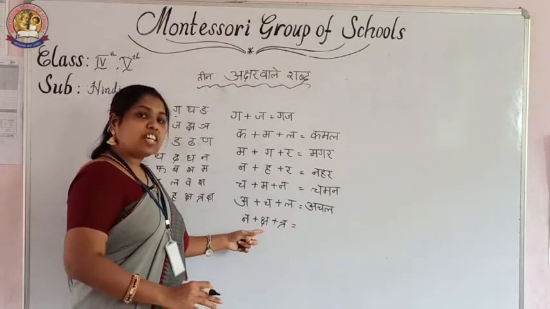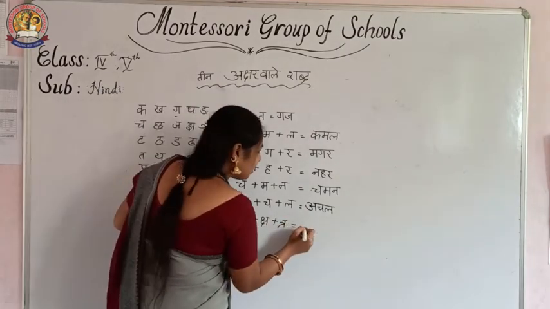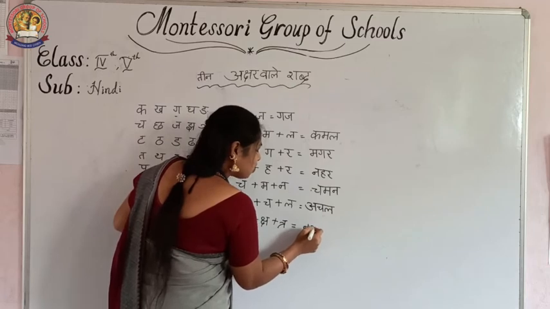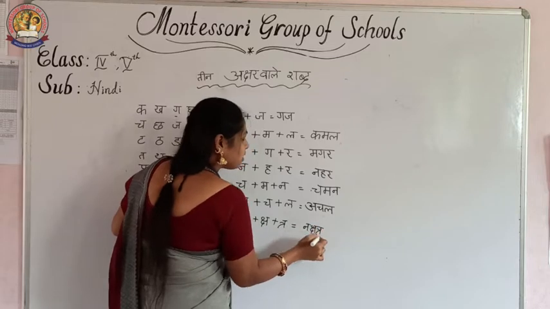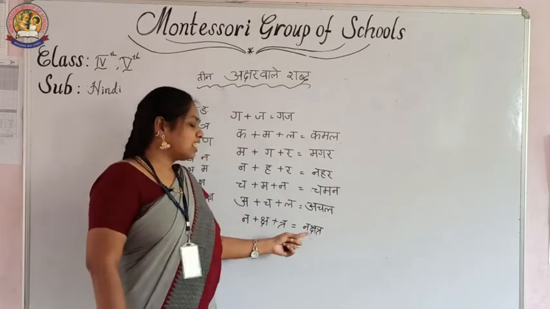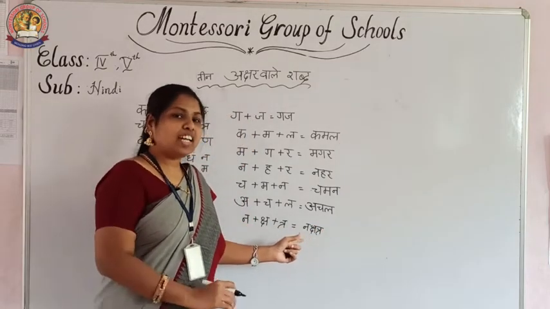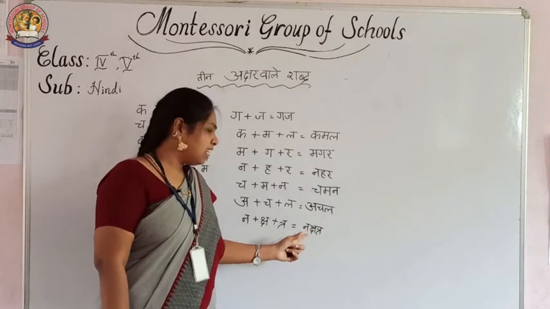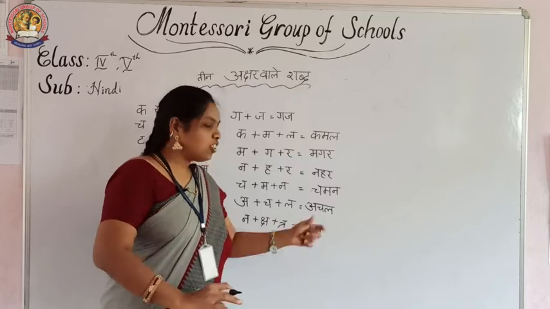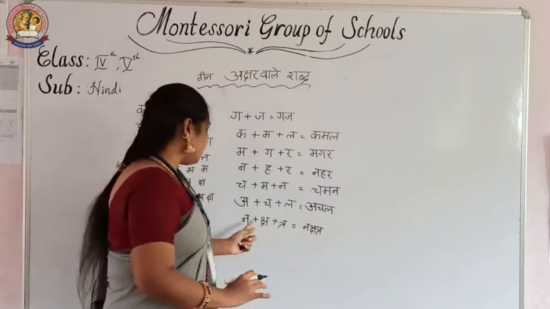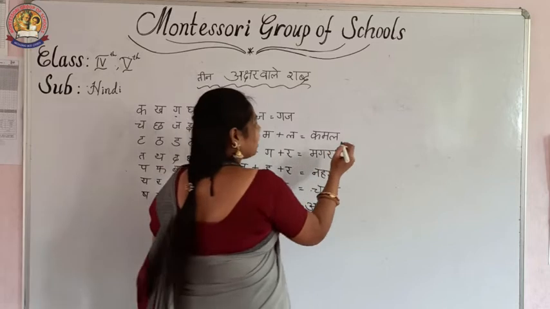This letter did not have full matra. See? Na, sha, tra. While writing, you must keep in your mind this ksha did not have full header. You must keep in your mind. Then only, first write all the letters, then give the full header. Then afterwards, I am going to write another one. See?